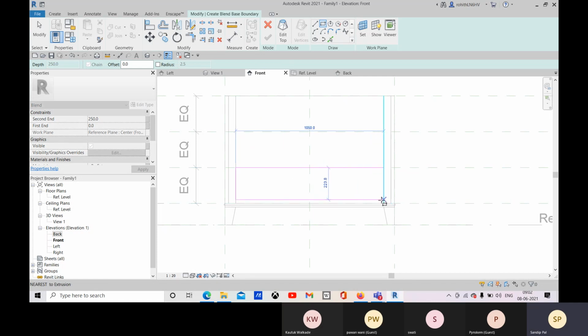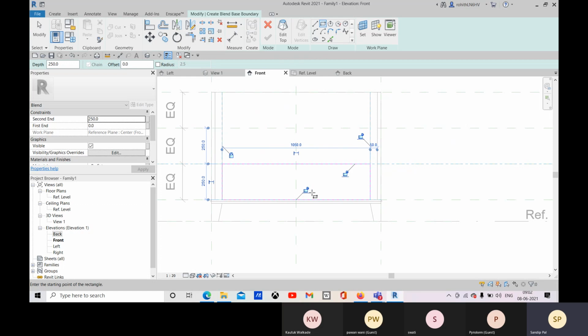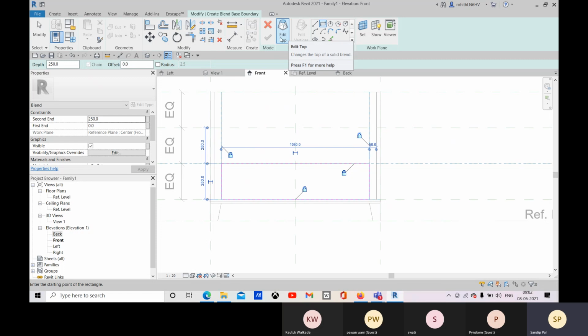Let's create this one as base. Okay, and make sure you lock. All right, and then let's go for the top, and for the top let's go with 250 as the offset,